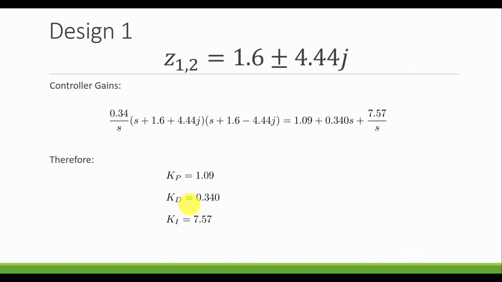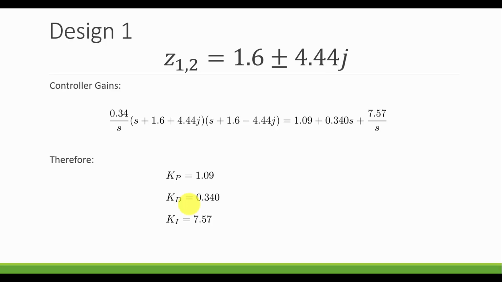Right, so for my design 1, I chose arbitrarily a real part of my zero for the controller to be 1.6. Then I found that 4.44 should be the imaginary part. So those were the 2 zeros for my controller. I made the root locus using the root locus transfer function and just found that the gain should be 0.34, so that my closed loop poles were at -1.15 plus or minus 2.11j, or pretty close to that. So now to implement my